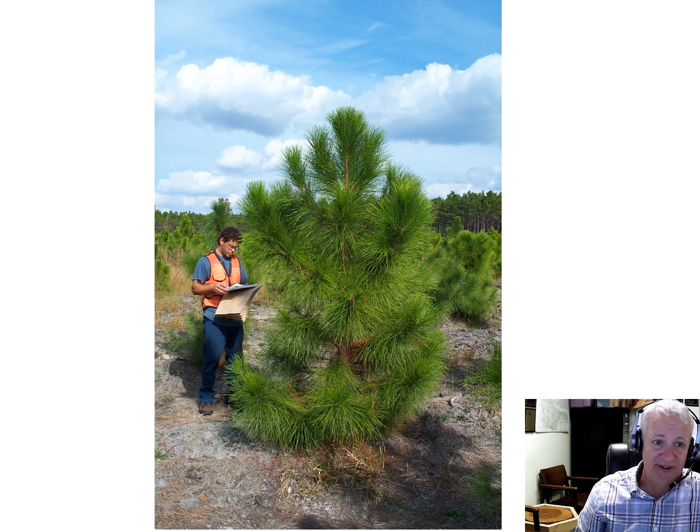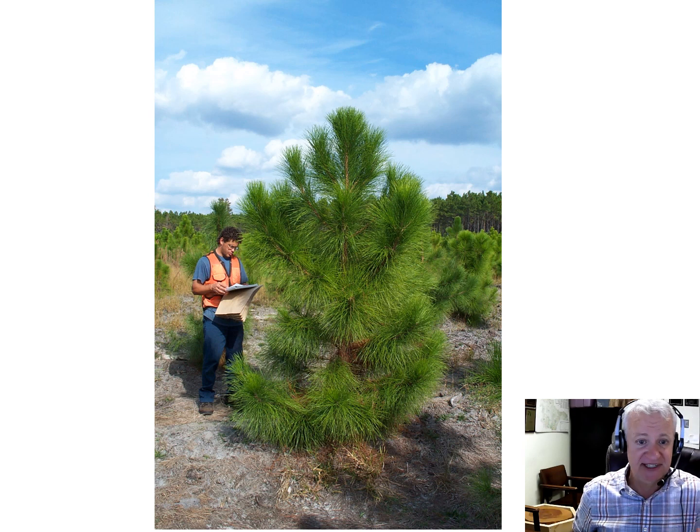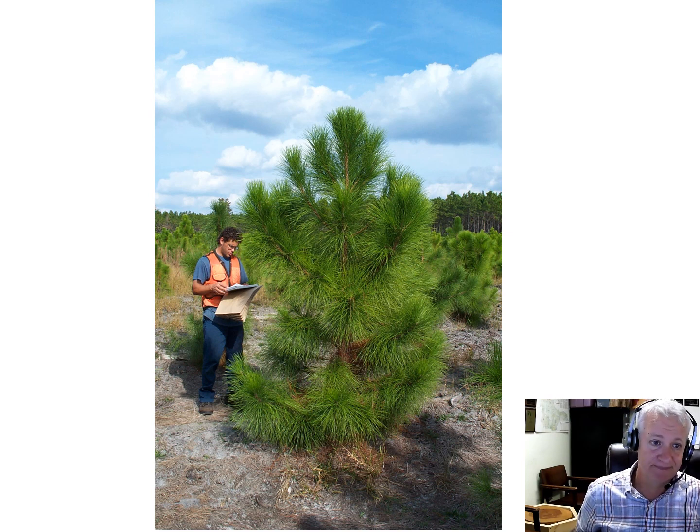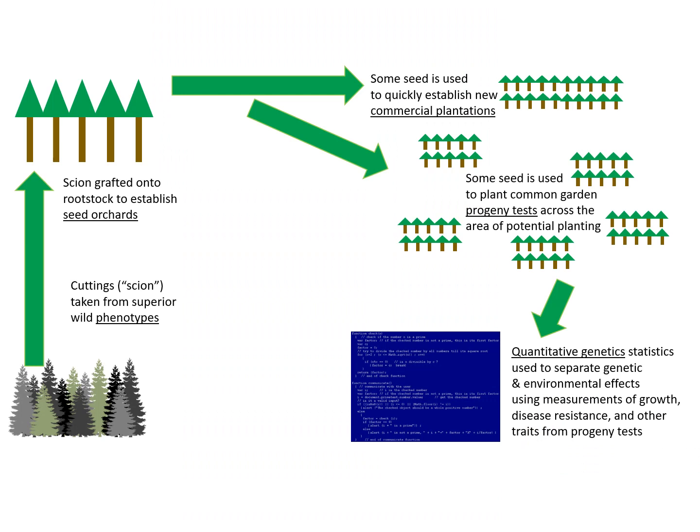This is an example of a progeny test. You measure those progeny and say, is this a big tree? Are there other traits that we're interested in? And we measure those in the progeny in these different progeny tests. And this is where quantitative genetics comes in. Quantitative genetics are used to analyze the data from the progeny tests to basically separate out the effects of environment